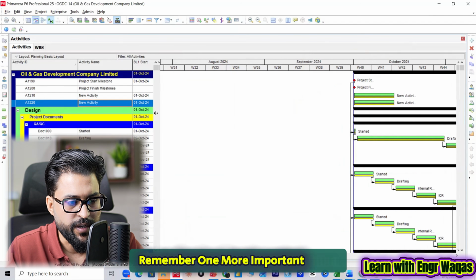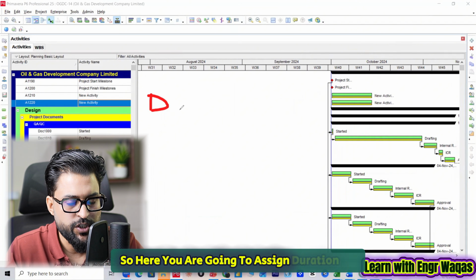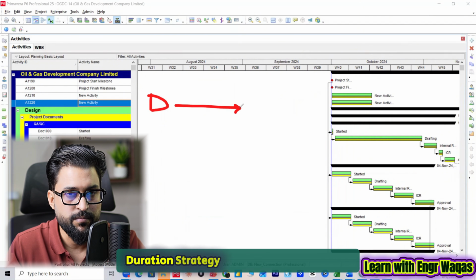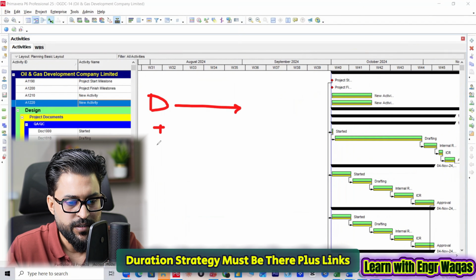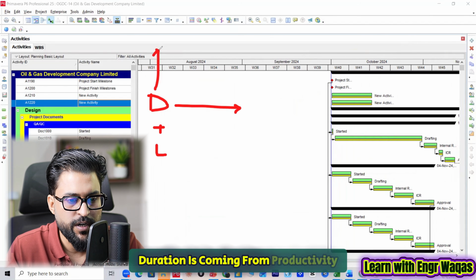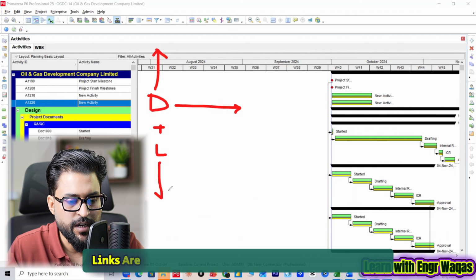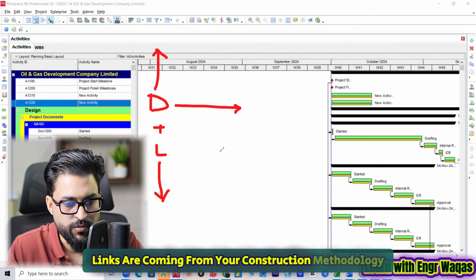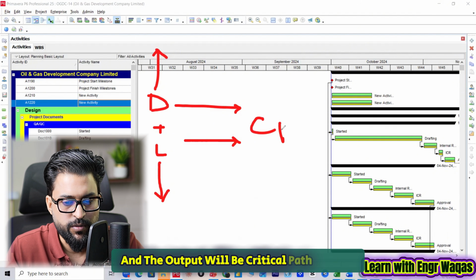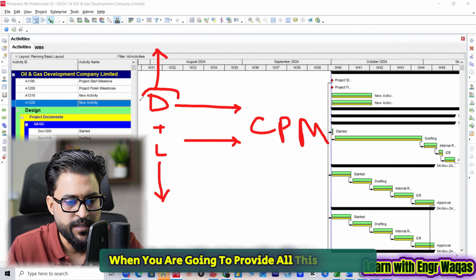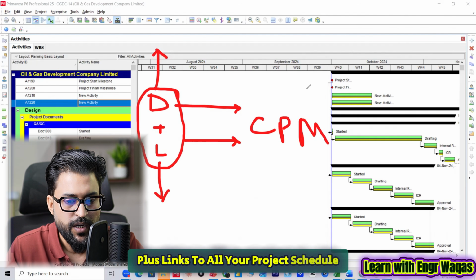Remember one more important thing. Here you are going to assign duration. Duration strategy must be there, plus links, you know it very well. Duration is coming from productivity plus resource availability. Links are coming from your construction methodology, and the output will be the critical path method. When you provide all this duration plus links to your project schedule, the critical path method